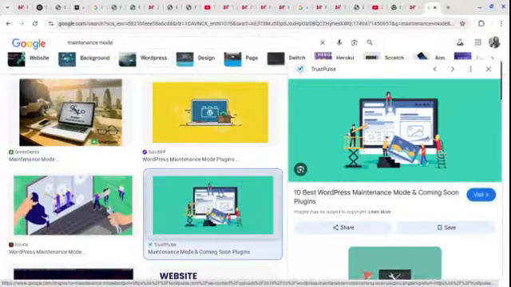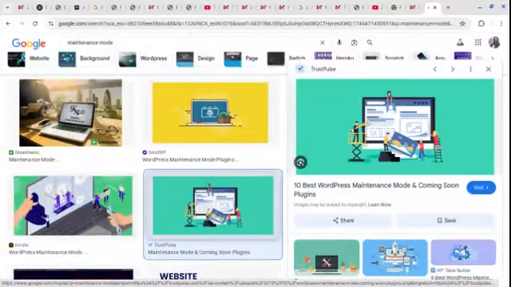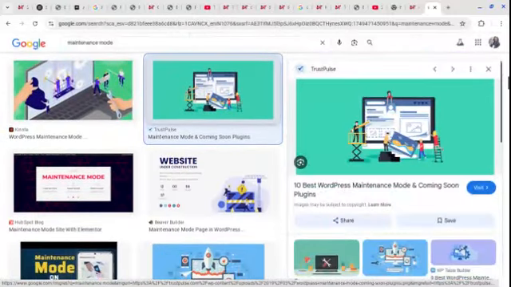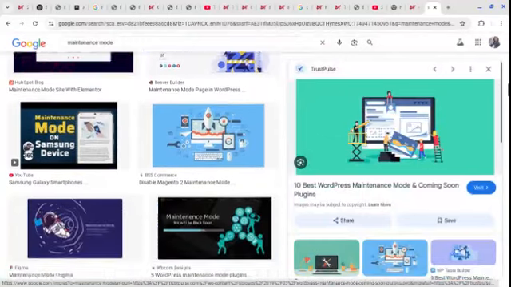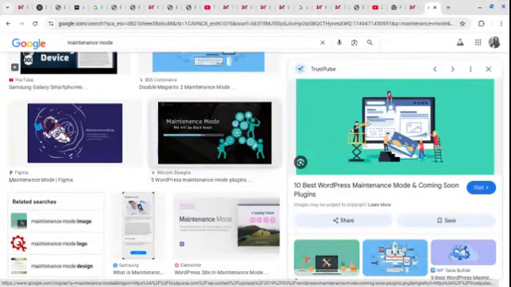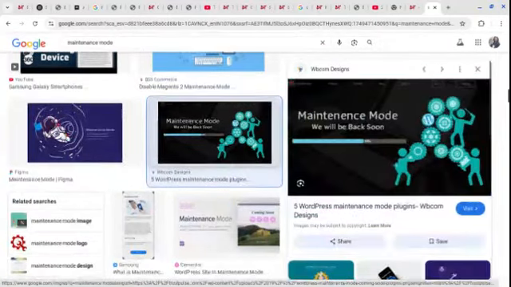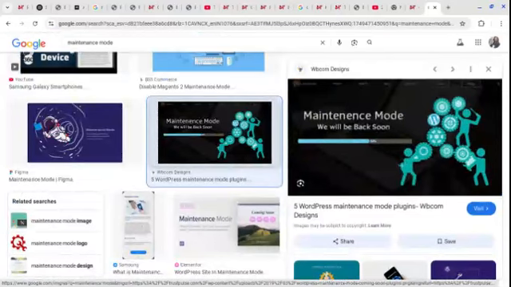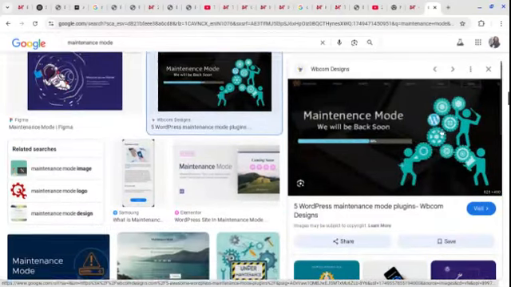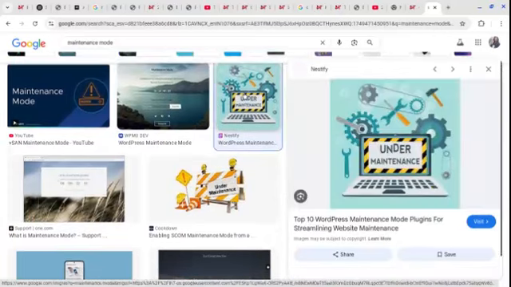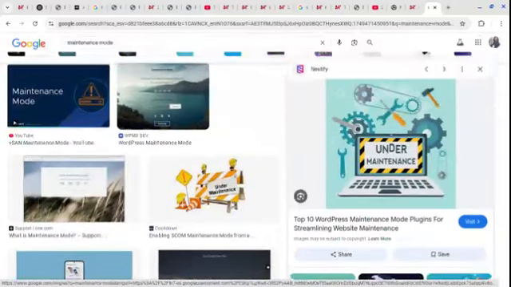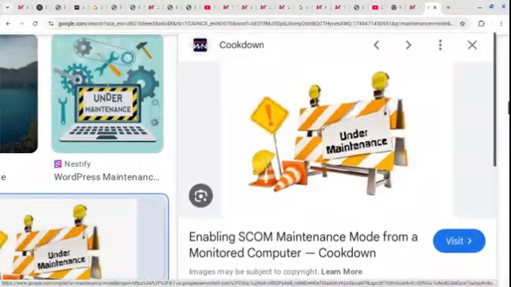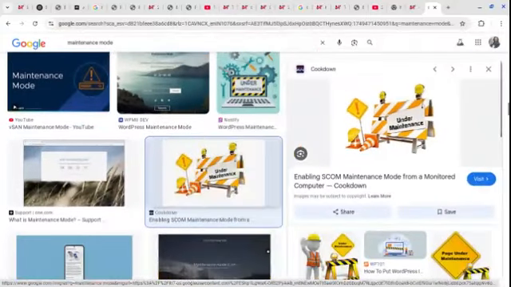Then you can see this also. It's good if you personalize it a bit, based on your website theme color, your company's logo and everything. You can see this too, this is also looking good. They all are working to fix this WordPress website. I have seen many like this, so you can see this also. If you want you can just keep it, or else it's up to you.